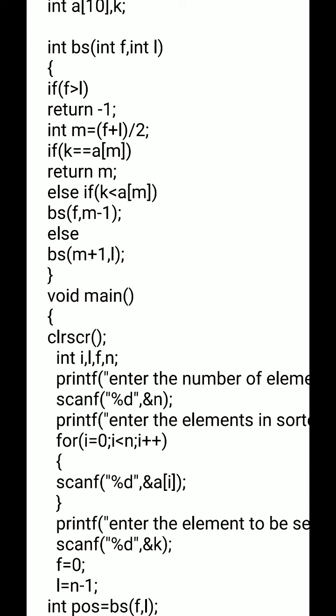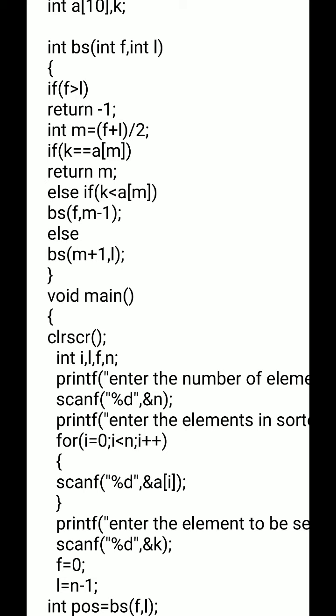The arguments in the binary search algorithm, which is denoted by BS, are integer f and integer l. Integer f represents the first index of the array. Every time we will take the sub array, and integer l will represent the last index of the sub array.